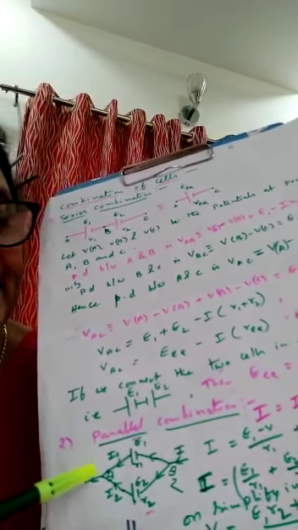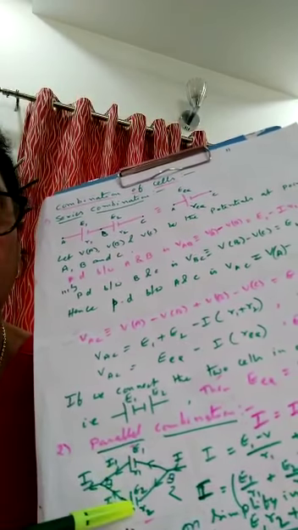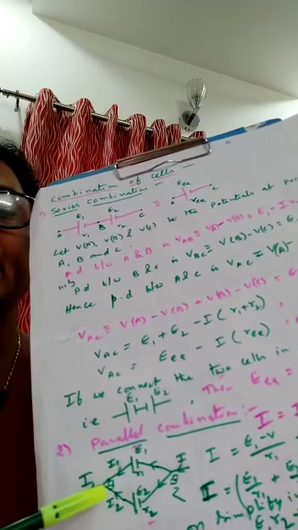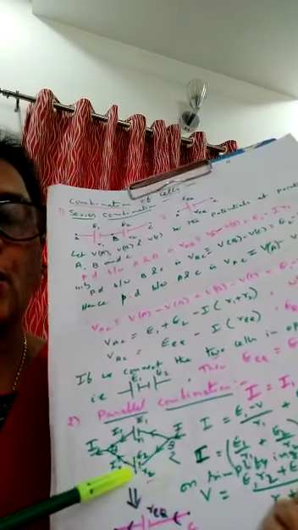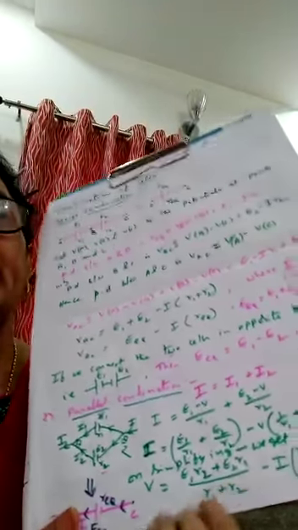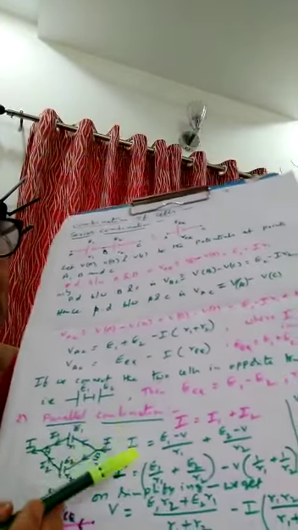Got it? B1 and B2 are these points. They are parallel to E1 and E2 also. So the potential difference between B1 and B2 across E1 is equal to the potential difference across E2. Both potential differences are equal, so let that be V. So we write here, according to the law of conservation of charge, as I said just now, I is equal